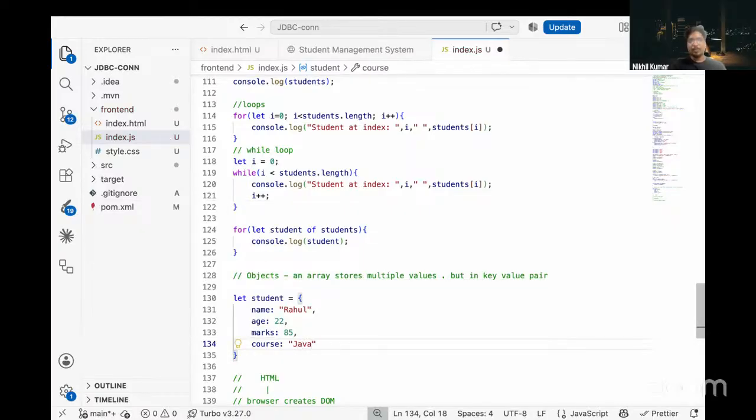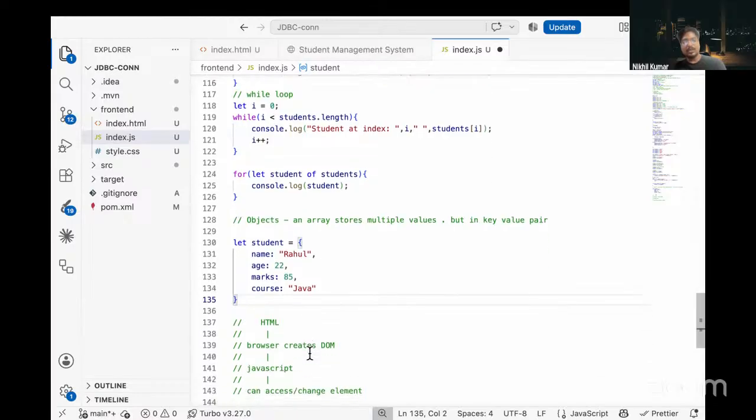Clear? So what we are doing here, we are creating a student with different data types, where we are storing name Rahul, age 22, marks 85, course Java, right? So we are creating a student with key and value pairs here,